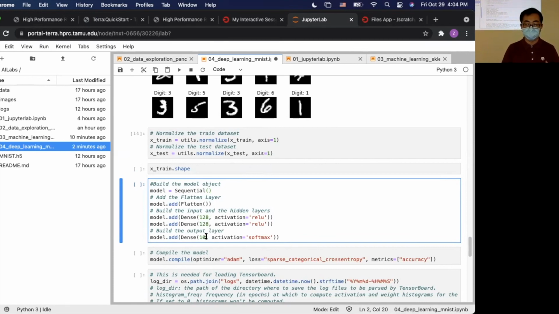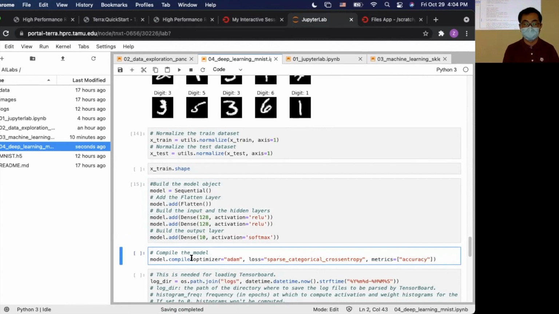It uses softmax, and it will give you the probability of being 0 through 9. So it will tell you what number it is based on the probability. So again, we will specify the loss function and the optimizer. The metrics, we use the accuracy. So you use model.compile to compile this model.